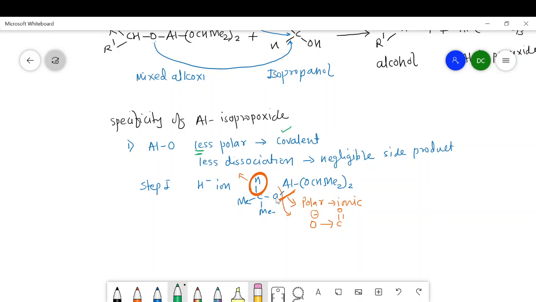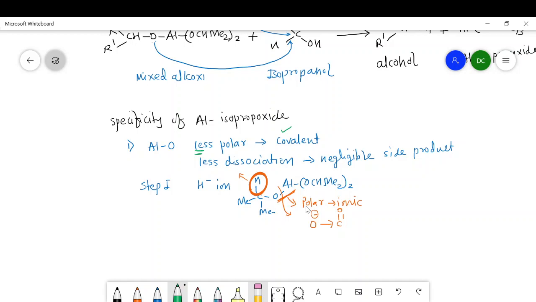And therefore, if oxide ion formation is hindered or blocked, then we get a negligible side product. Then only hydride ion can be transferred from this carbon to the carbonyl carbon. This is the first reason why we have chosen aluminum isopropoxide as a basic catalyst. And the second reason,